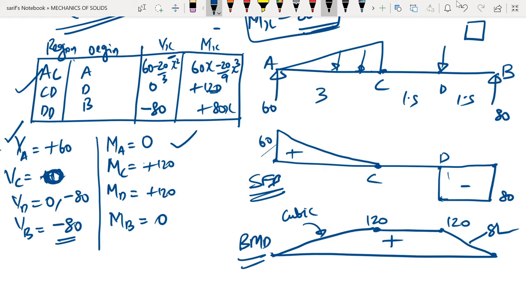And most important thing is whenever in considering values for the shear force diagram, if we are having a vertical force coming at a particular point, at that point the shear force diagram will be having two different values. So those two different values have to be found out from the shear force diagram. Whereas in case of bending moment diagram, only if we are having a concentrated moment coming in the beam, then only the bending moment diagram will be having two different values at a point. Otherwise it is going to have unique values.